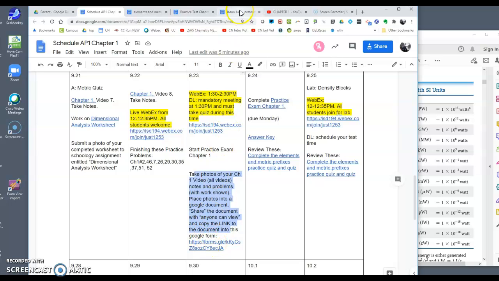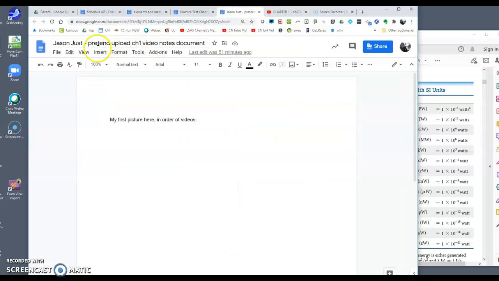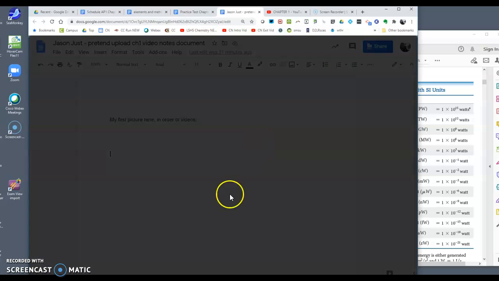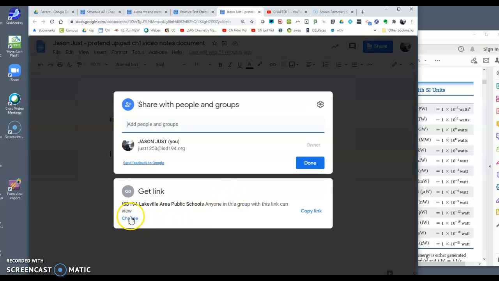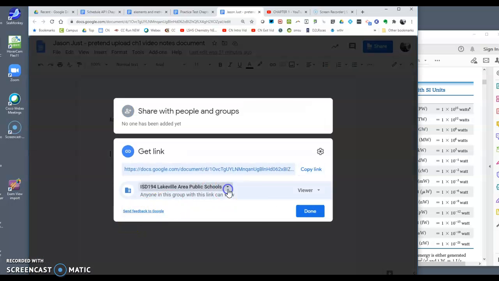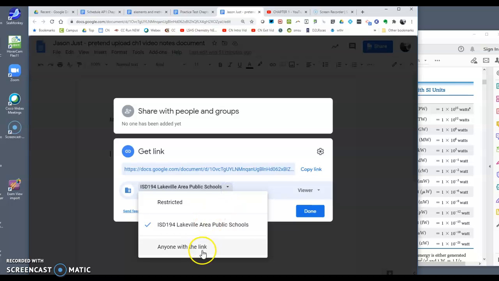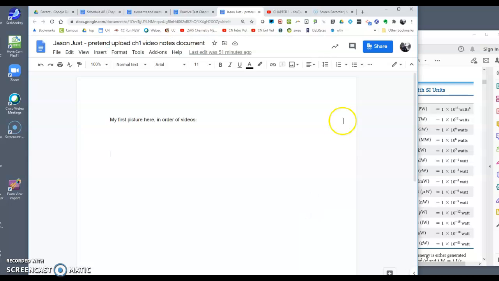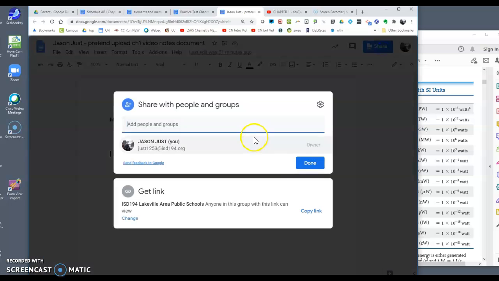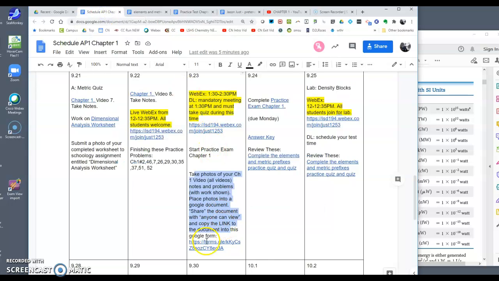If you're not sure how to do that, this is my pretend Google document right here. Go up underneath share right here, and then make sure that you change this so that anyone can view, and then click done right here. Copy that link, go back to share again, copy the link, and then paste that into the Google form